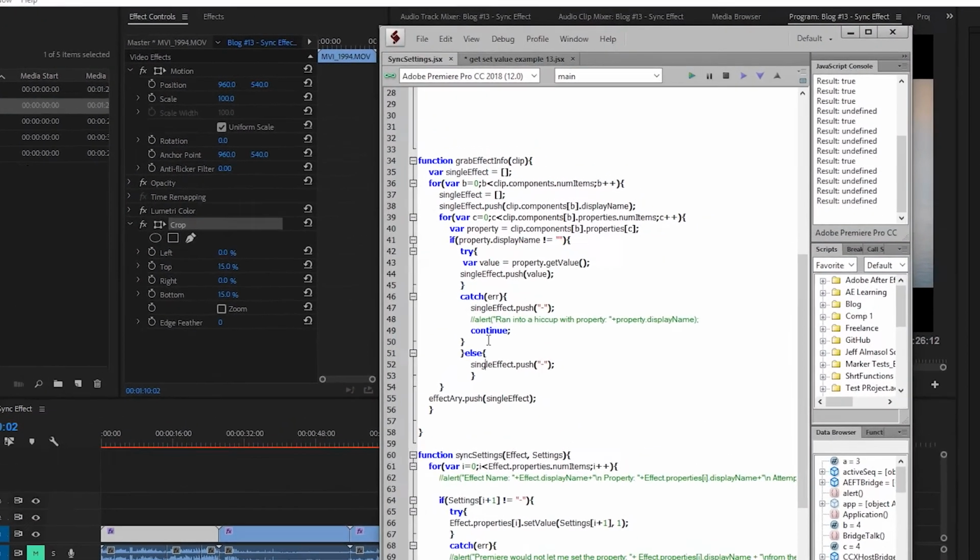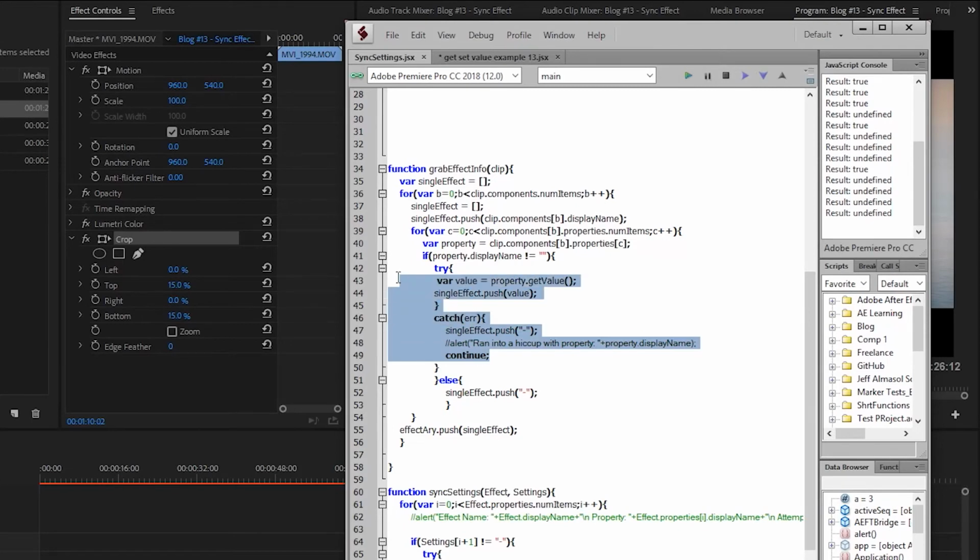So back to this. You're going to see this try catch area right here, and that's because right here we're testing to see if this display name is nothing, and we don't want to grab those values if the display name is nothing. But also sometimes you'll try to get values of certain properties and you'll get errors on those. That's just part of this effect API being kind of weird. So I'm going to put this try catch code in here, that way if property.getValue does return something weird that is an error, which happens a lot more than you would think with doing this stuff,